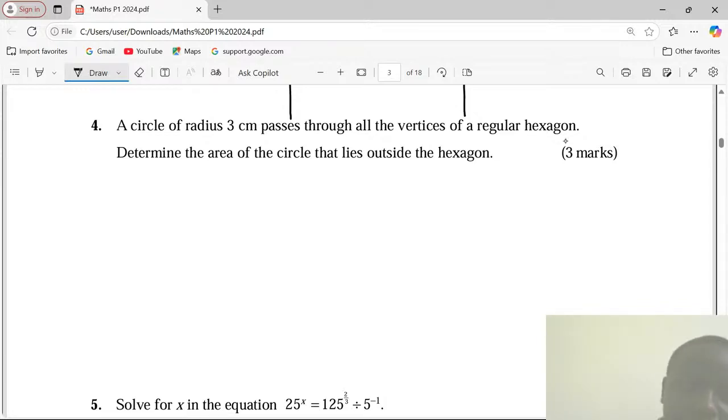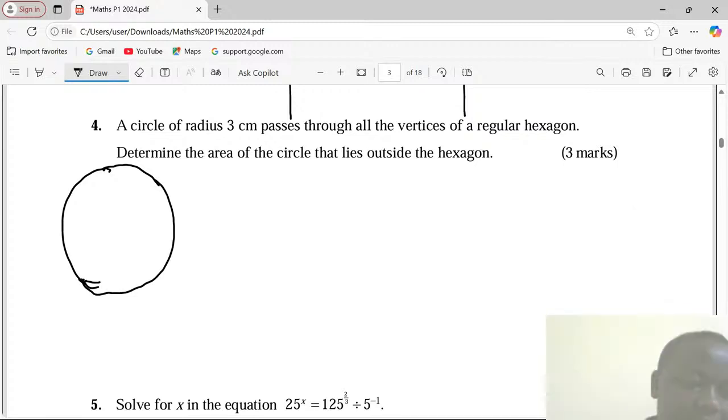So we are having a circle. I'm just trying to sketch the information. We are having a circle, like that. Then what happens in this circle is that